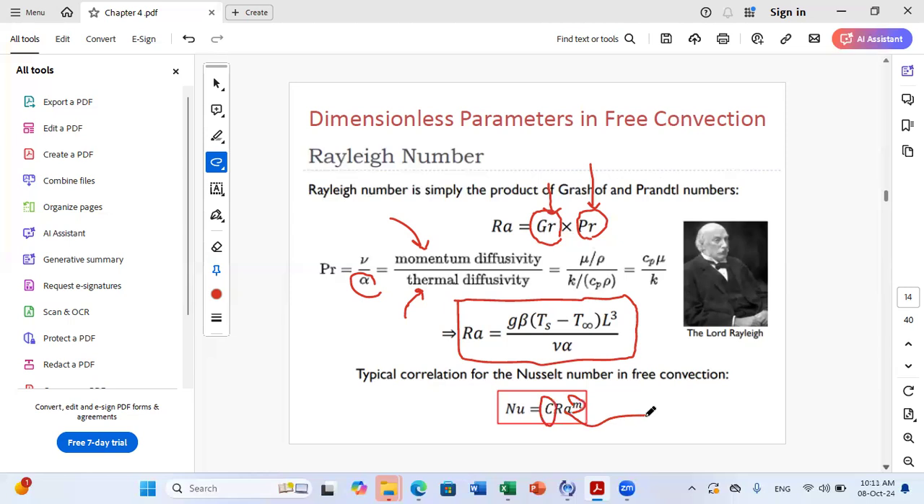So what you should do is the following. You have a problem in which you have free convection. You calculate Rayleigh. You obtain a number. Now you go to your relations. You see in which range this number falls. Depending on the